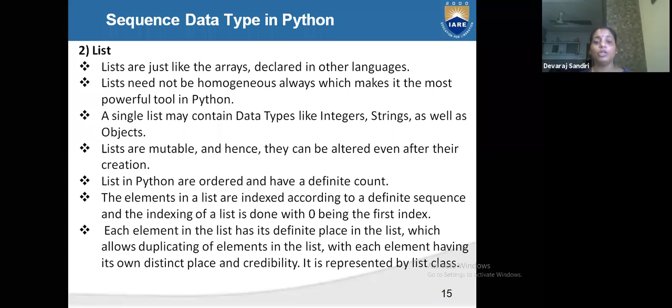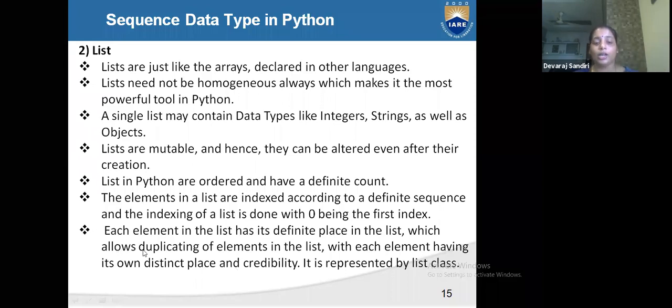Okay, a list is mutable, which means you can change it. And what is the index? You can check that the index starts from 0. If you write a is equal to a list, then a of 0 gives you the first element. Each element in the list has a definite place, which defines the index.